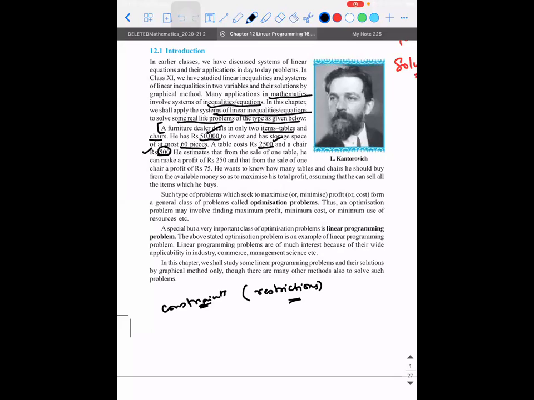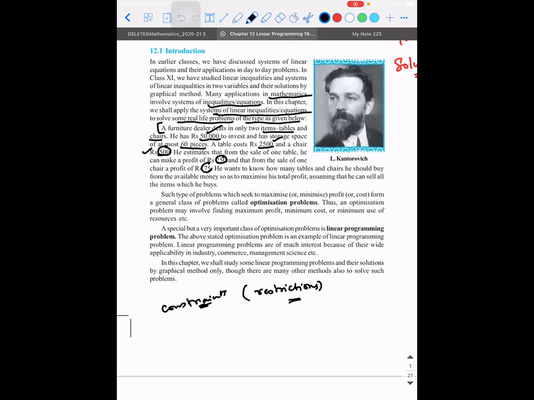One chair, how much is he buying it for? 500. If he sells it off, how much is he selling it for? He's selling at 575. So is he making a profit or not? I'm only asking a true or false statement. Is there a profit in his dealing? Yes, sir. So there is a profit in his dealing. Similarly, he buys only a table and sells it. Okay. There also he is going to have a profit of 250 rupees.